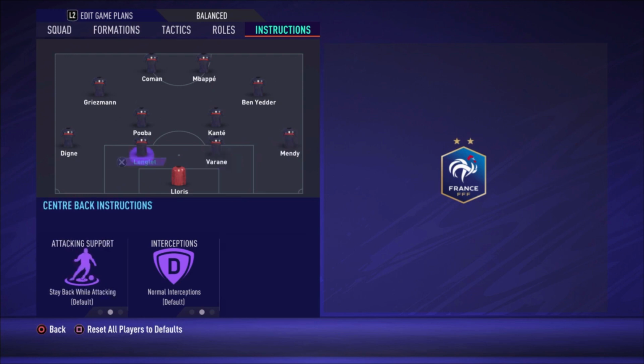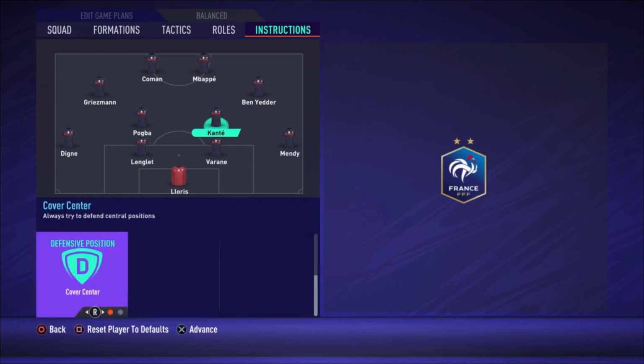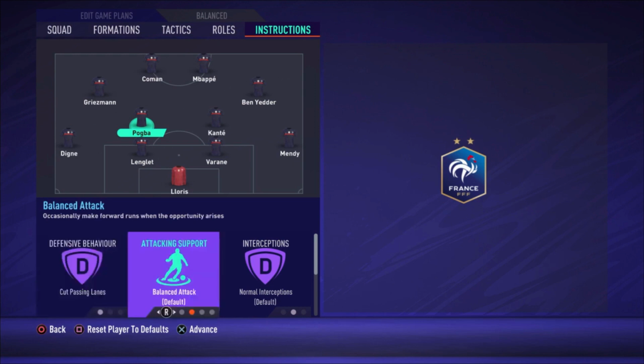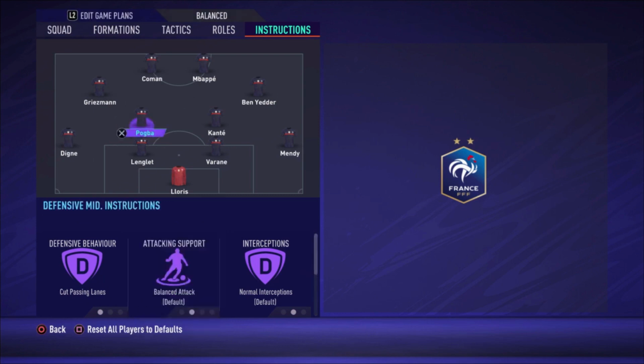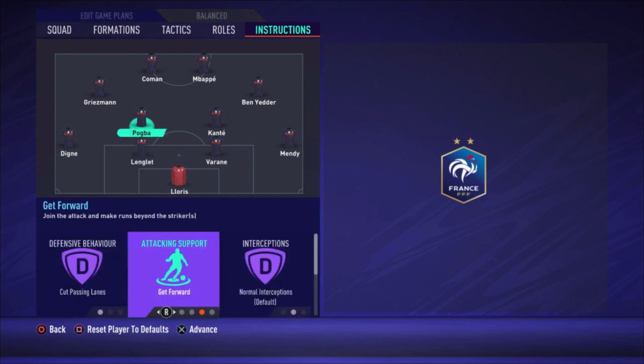So then Varane and Lenglet just default. Kante the same, he is the most defensive midfielder, so good passing lanes, stay back while attacking and cover center. Pogba, good passing lanes, balanced attack and cover center. When you are playing Mendy and Digne to go forward with balanced attack or even join the attack, I would not recommend Pogba also going forward, because